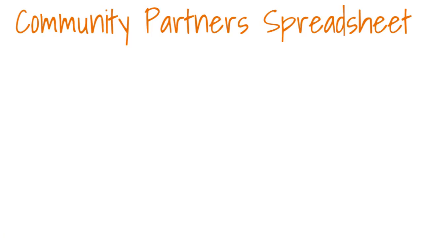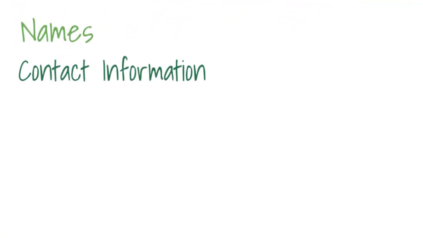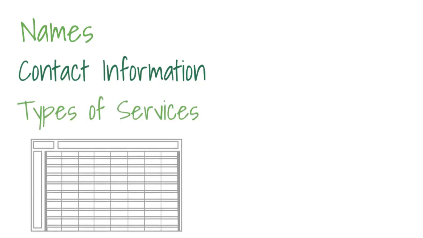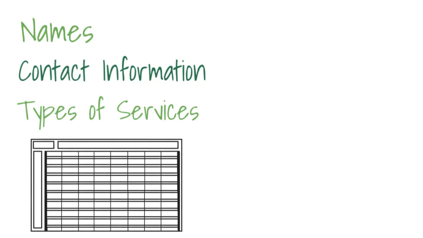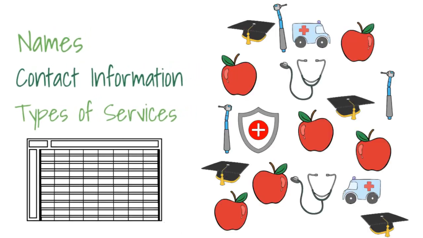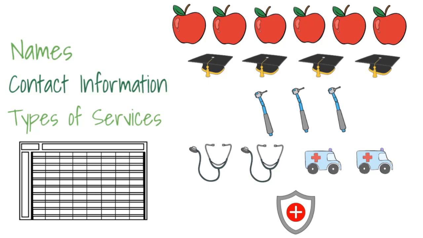Then we have the community partners spreadsheet. This contains the names, contact information, and types of services provided by all your program's community partners. Now, the content of this is pretty simple, but we find that while all programs have community partners, many programs do not have one document that contains a comprehensive list. So we offer you this tool to help you compile your list, and this not only makes it easy to